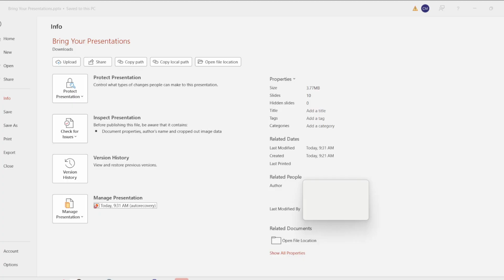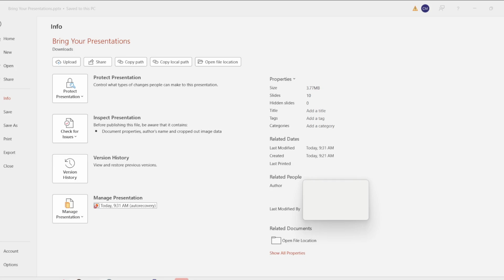Finally, save the presentation to permanently strip the password requirement. Head back to the File tab and choose Save or Save As. This step is significant because it solidifies all the changes you've made and ensures that the presentation is now accessible without a password. Once saved, you can close the document, knowing that the permissions have been adjusted as you intended.